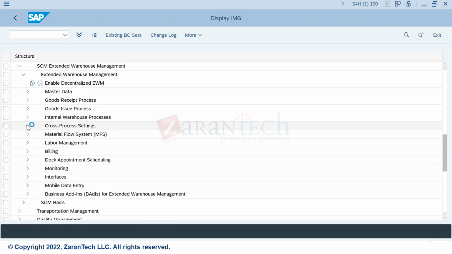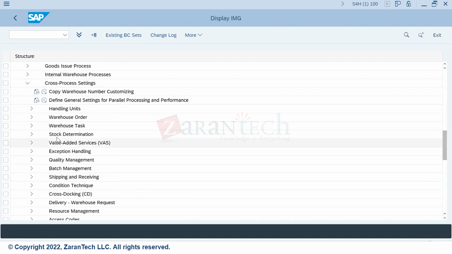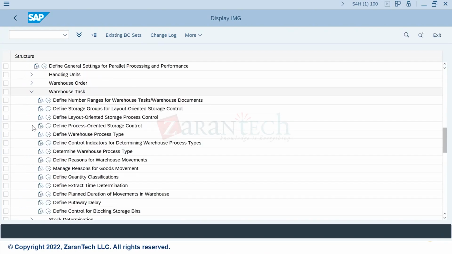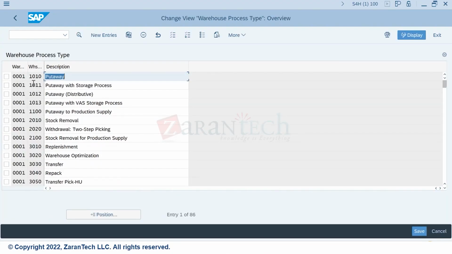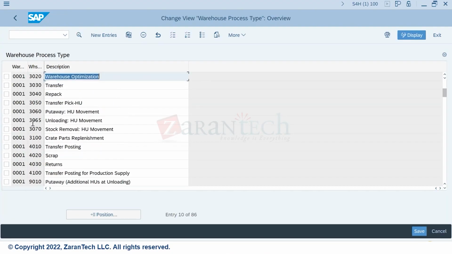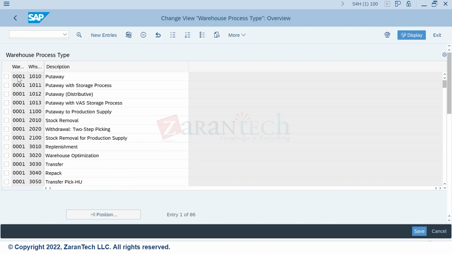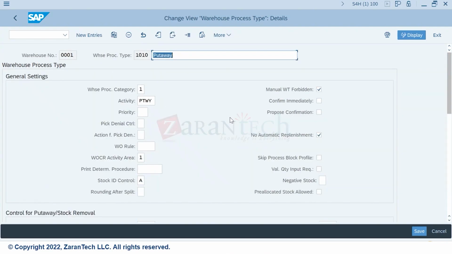In the cross process settings, inside the warehouse task tab, you can see this is the warehouse process type. This warehouse process type, again you can see,